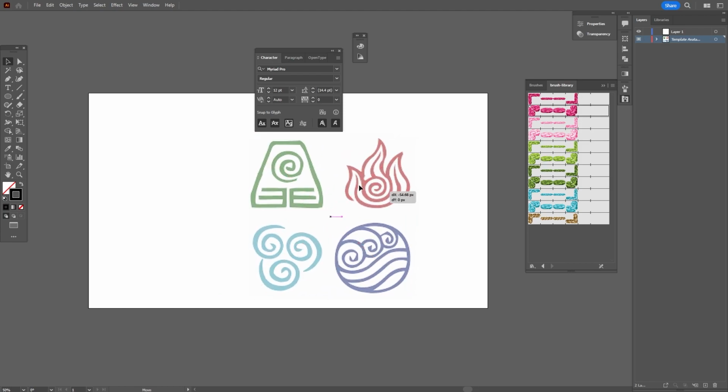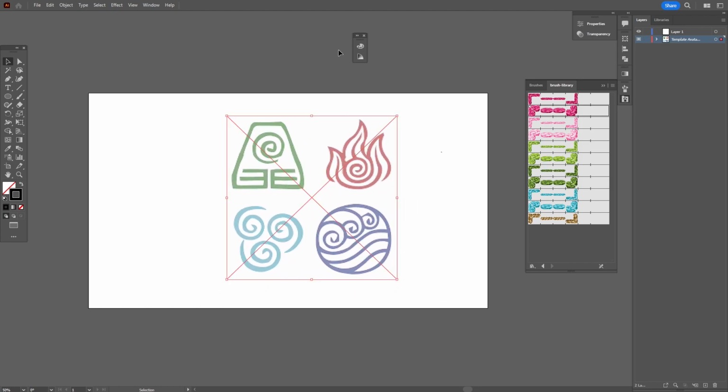So let's reposition it to here, and then I can just go back and lock it so it can't be moved again. When you create a template in Adobe Illustrator, it also creates a blank layer for you, and it is on these layers that we will be doing the tracing. So the first one that we're going to be tracing is the symbol for the earth benders. So I will rename my layer to earth,